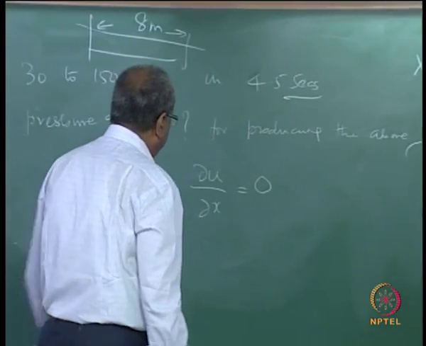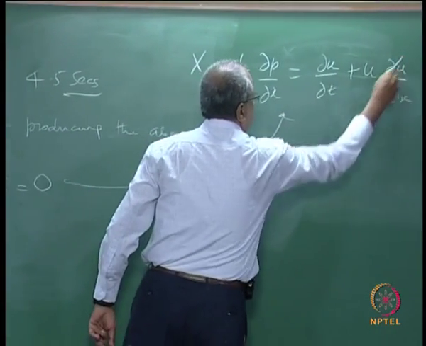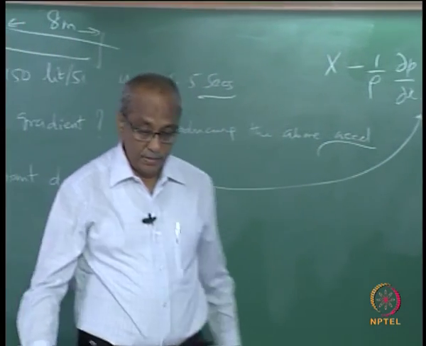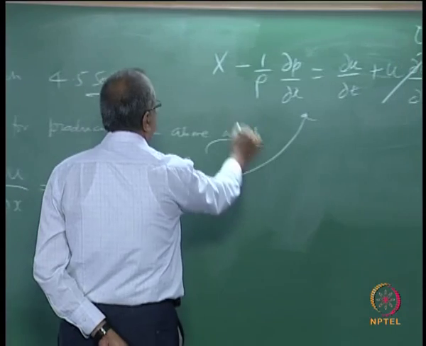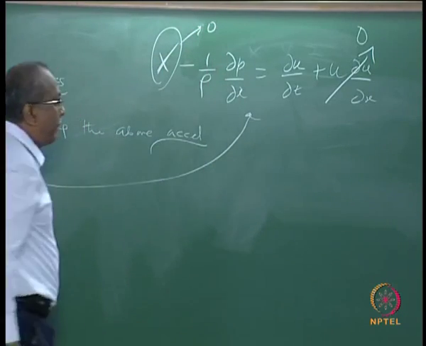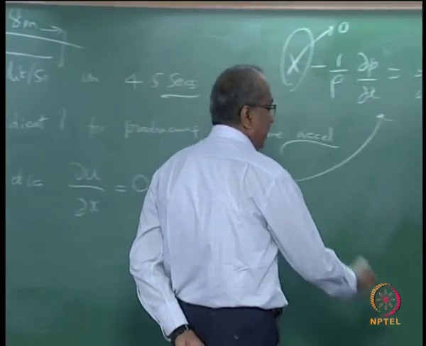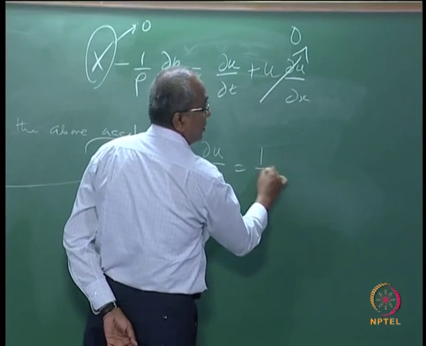Since the diameter is constant, this will be equal to 0, and since it is horizontal, the body force is going to be 0. Then you are left only with dou u by dou t equal to